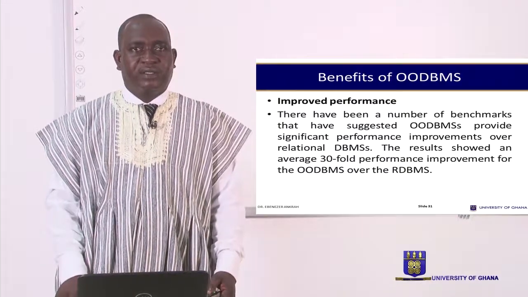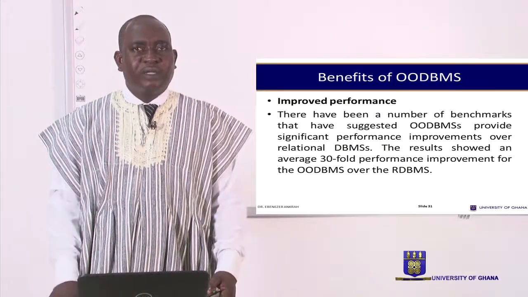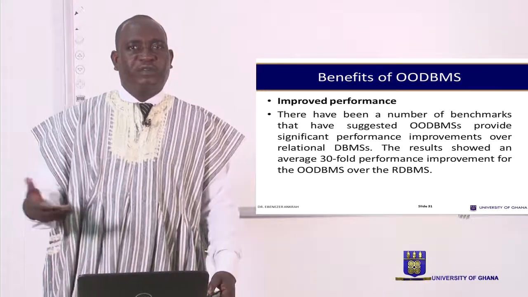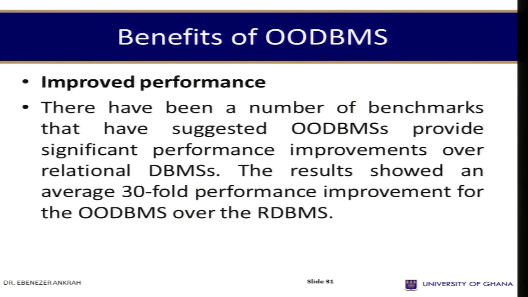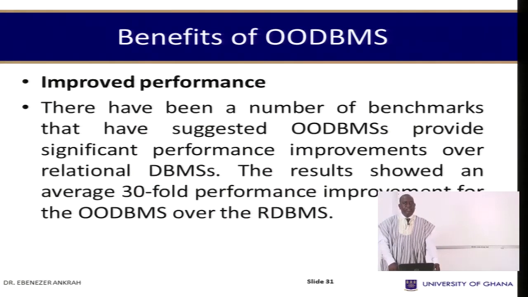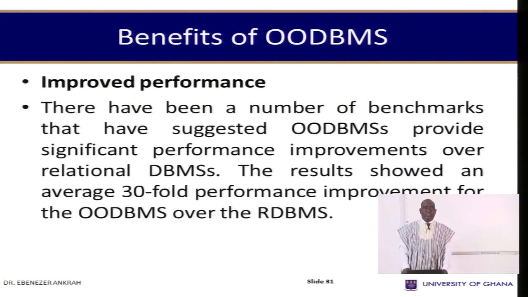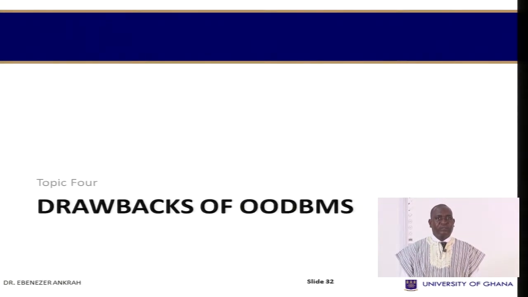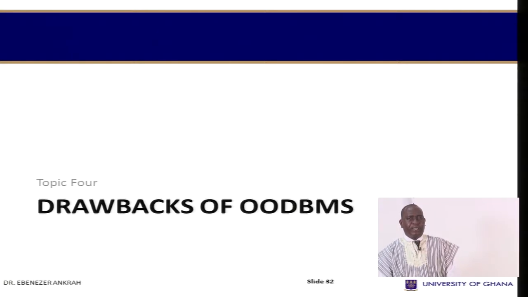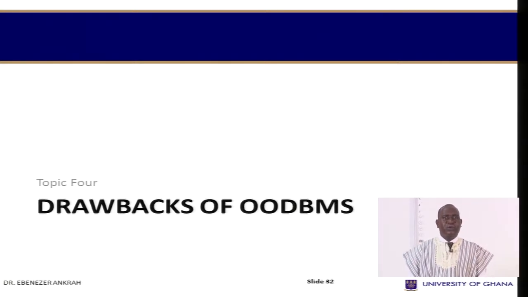Improved performance. A number of benchmarks have suggested that the object-oriented database management system provides significant performance improvement over the relational database model. Of course, we are dealing with classes and objects, and it makes the programming very simple and easy to go about. Apart from the benefits, there are some drawbacks which are also worth considering